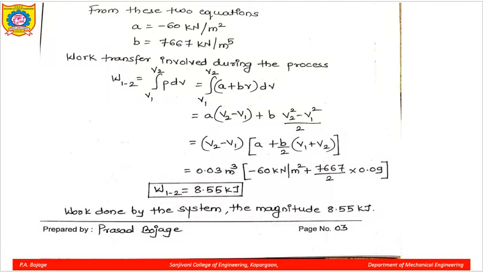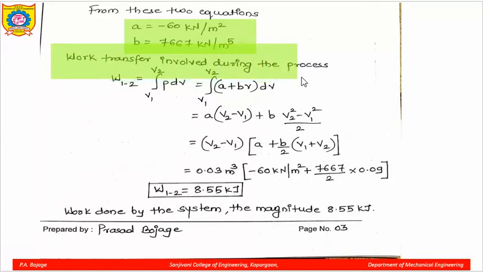Now, from these two equations, equating them, we can get the values of A and B. So, A is equal to minus 60 kilonewtons per meter square and B is equal to 7667 kilonewtons per meter raised to the power 5. Now, the work transferred involved during this process